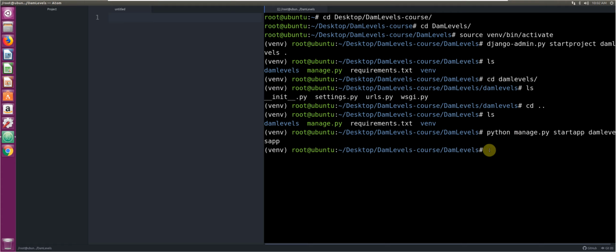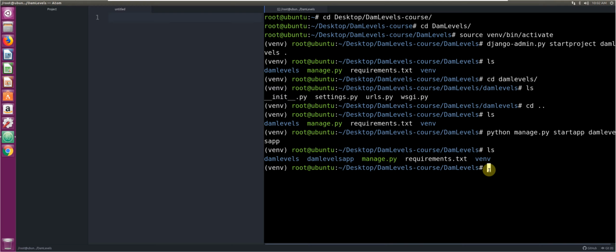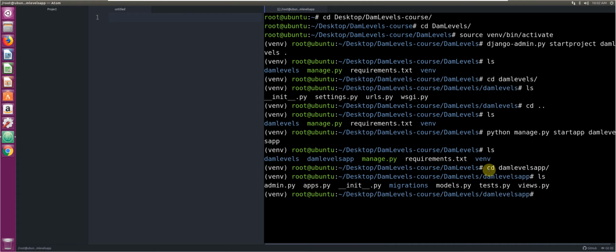Okay, so we verify if our app files were created for us. And as you can see, the dam levels app folder is here, and let's check if there's files inside. Okay, so as you can see, our admin.py, our views, and our models.py files, and the rest of our other app files have been created for us. Okay, now